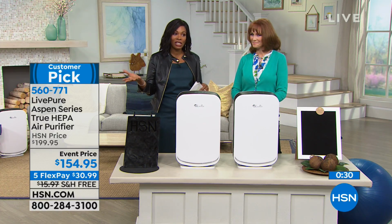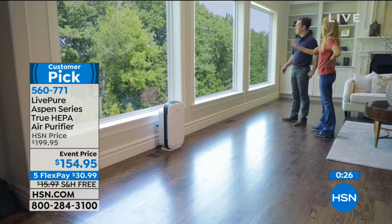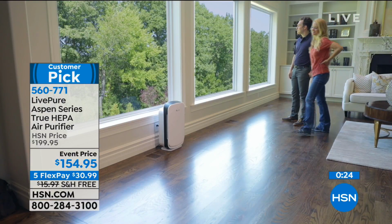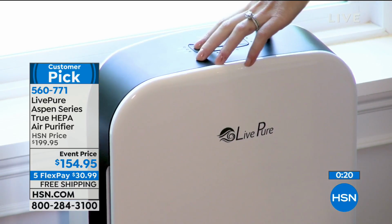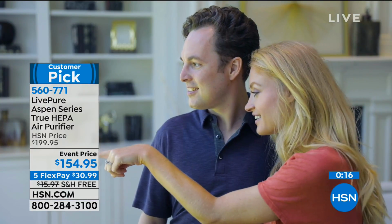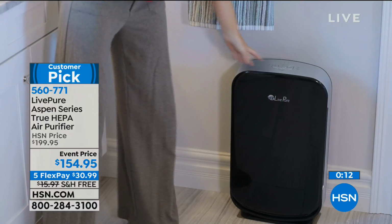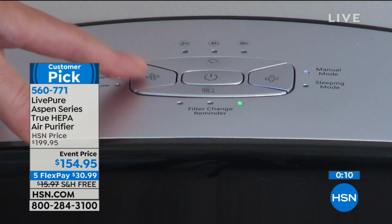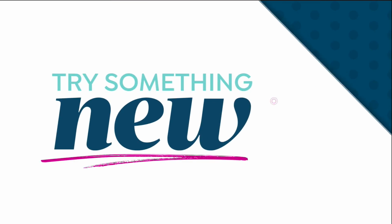You've got free shipping, which is a savings of another about $16, and you are getting an air purifier that you never have to buy another single anything for. No filters, nothing like that. It's a customer pick. Read the reviews. If we're talking about dust, hair, pet dander, mold spores, smoke, all of that, let LivePure